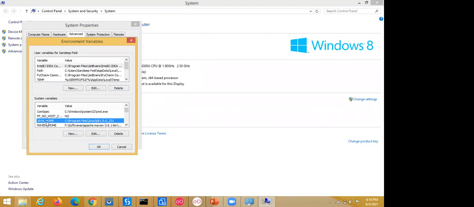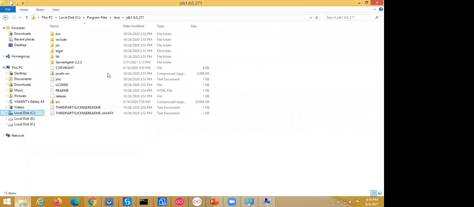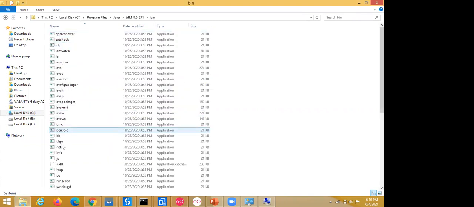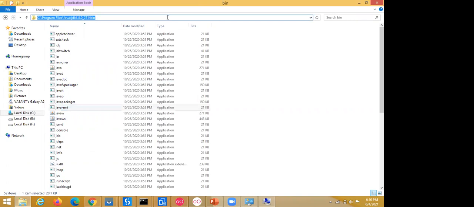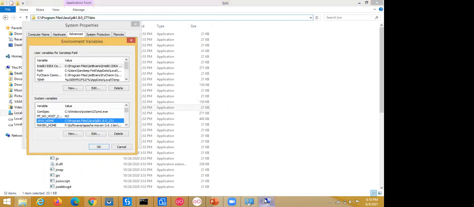Now the JAVA_HOME environment variable is set, but we need to configure the Java compiler also. The Java compiler is placed in the bin folder. Here is javac, the Java compiler, so we need to configure that too. Copy this path, go to the environment variables, go to the Path section and click on edit.